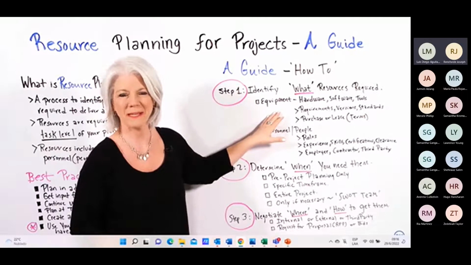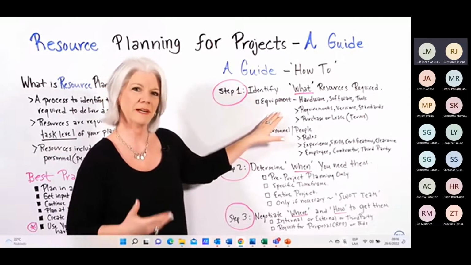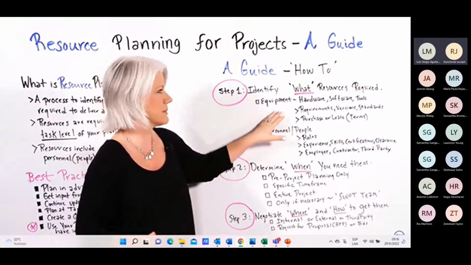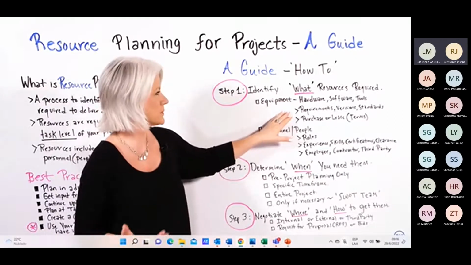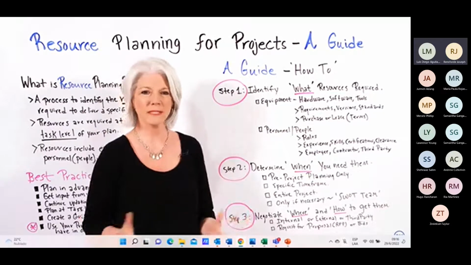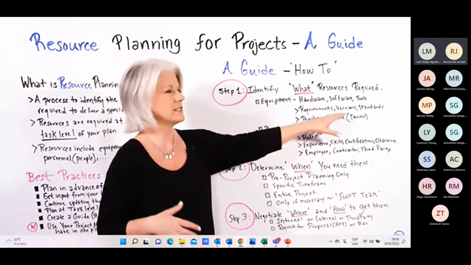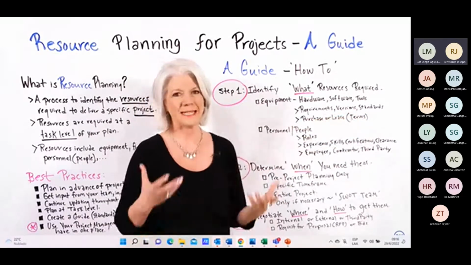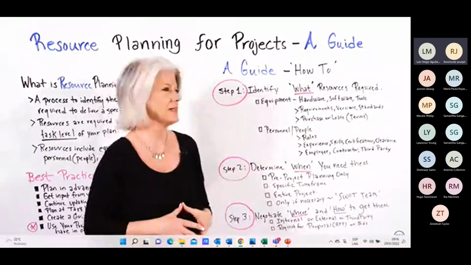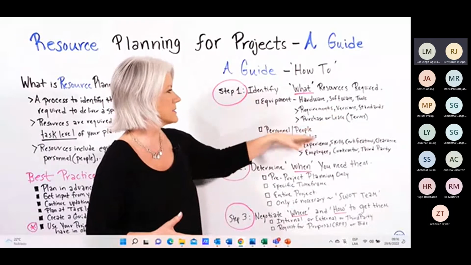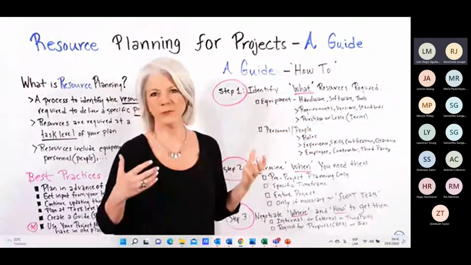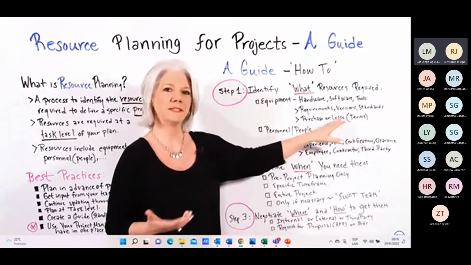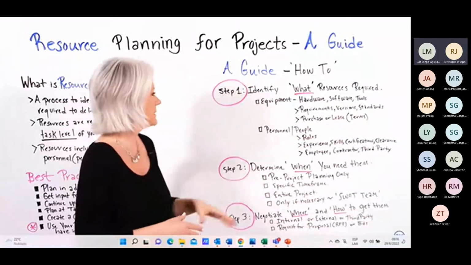So let's focus on equipment and people resources because those are the common ones on most projects. So equipment, hardware, software, tools. What kind of requirements do they have? Are there any specific versions you need to ensure that you're on? Are there any standards that you need to meet for your industry? Also consider, are you going to purchase these, or lease them? And what specific terms may you need for that?